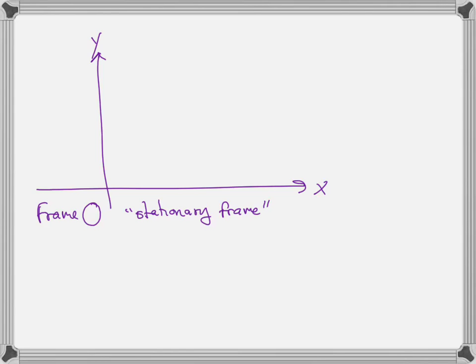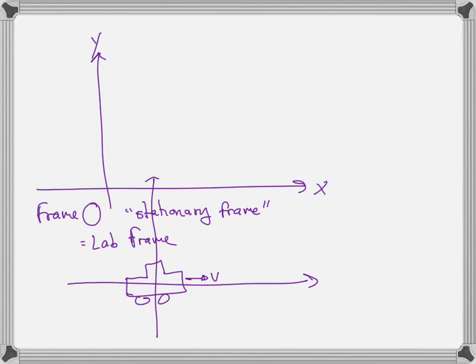So let's just say that frame O is the lab frame. And then let's say that I want to talk about a different frame of reference that's moving at constant velocity relative to the lab frame. Let's talk about perhaps a car that's moving at constant velocity, right? And that car has a different frame of reference. We're going to give it coordinate axes x prime, y prime, and we're going to call it O prime. It's frame O prime. And so our stationary frame is the lab, our moving frame is the car.